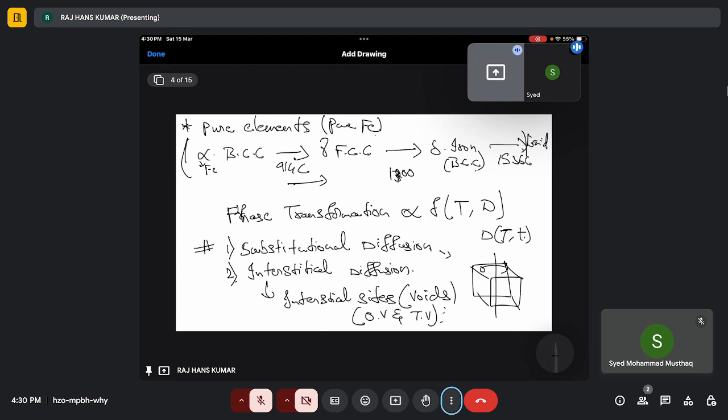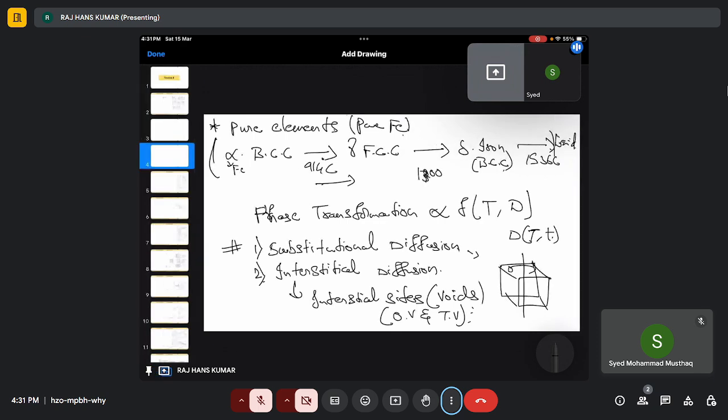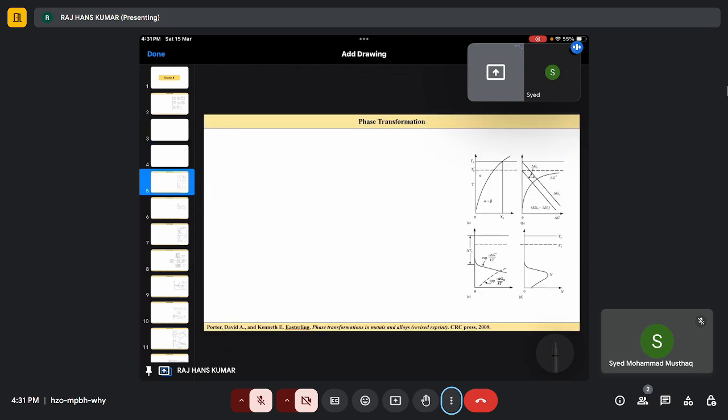So I'm not going to explain this again because I have already mentioned these things in previous sessions, right? Depending upon these, the diffusion happens and the phase transformation or phase change takes place, right? Now, for any phase transformation to happen, we need two things. What are those? One is the nucleation of a new phase,